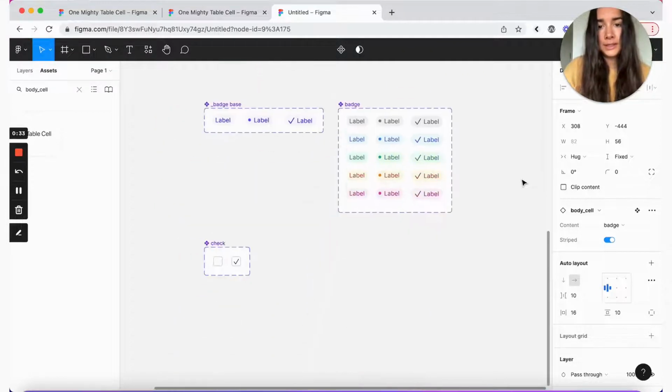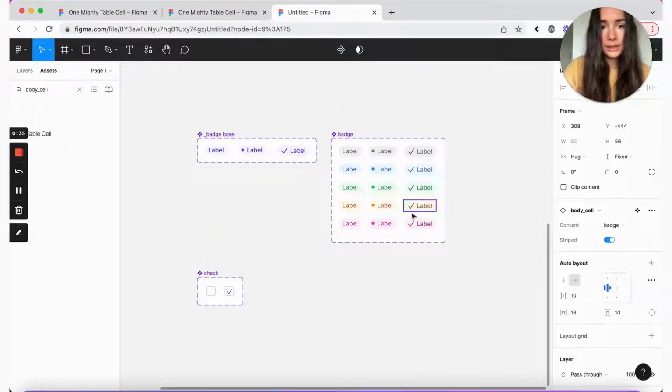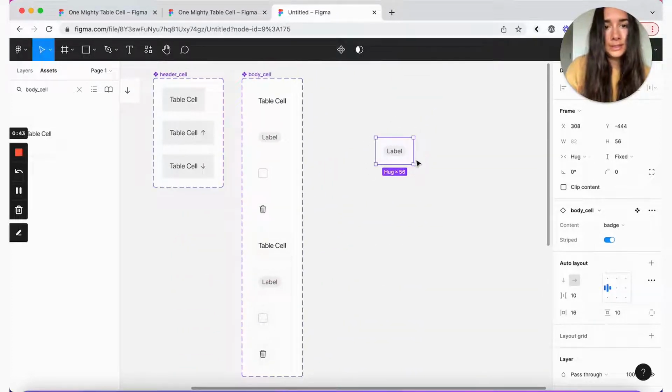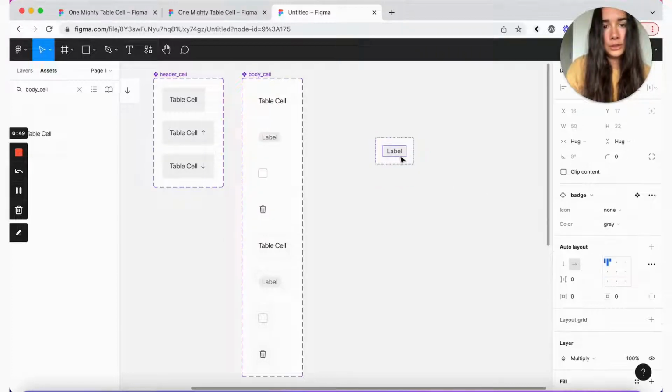As you can see, we can have different colors. We can have a checkbox or a check in front of it or a dot. But right now, when I have just this selected, there is no way to change it from here. In order for me to change that, I would need to click into the badge instance itself, and then from here I can modify it however I want.